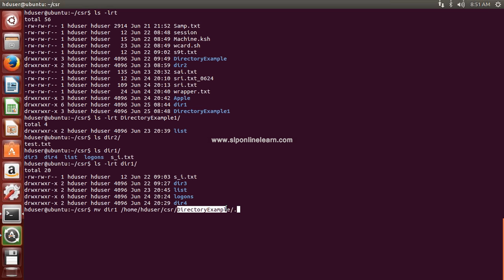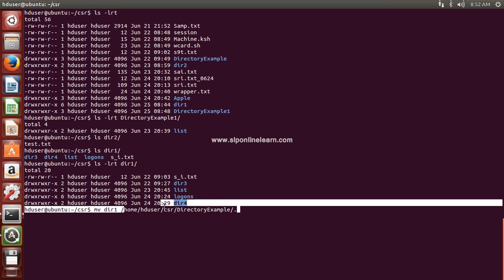First it will take the source and check whether the source directory, that is dir1, exists in the present working directory or not. Why does it check in the present working directory? Because only the directory name is present, no path is specified. So it checks only in the present working directory, not anywhere else.